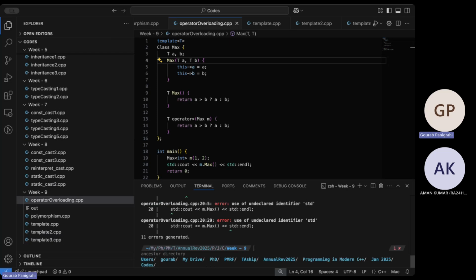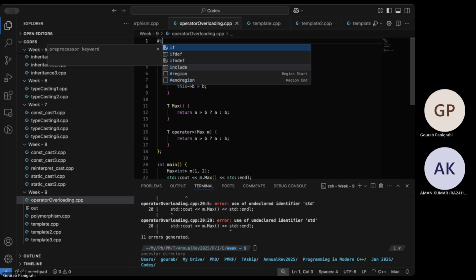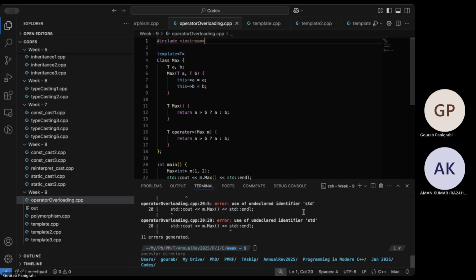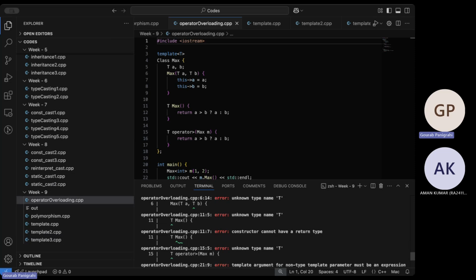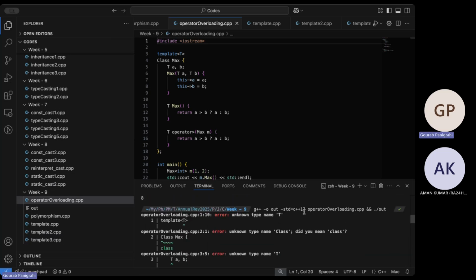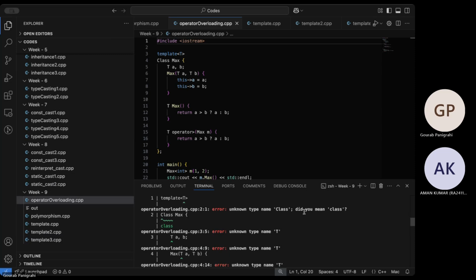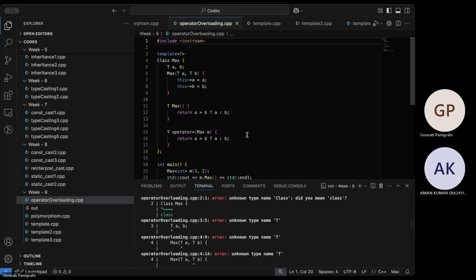So let's run the code and see. All right. The header files were not included. A lot of error codes. Let's see. All right, we never said if it's public or private.